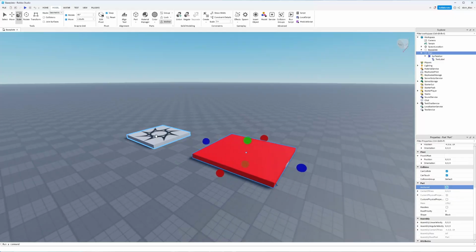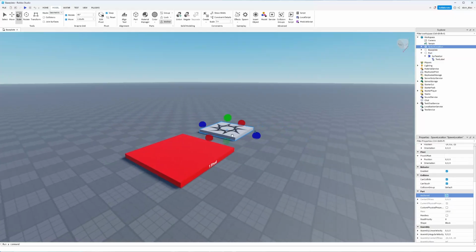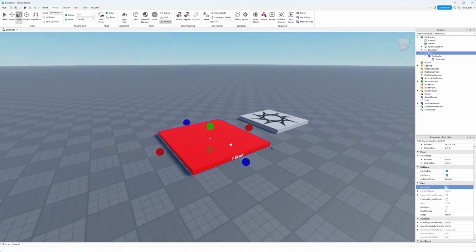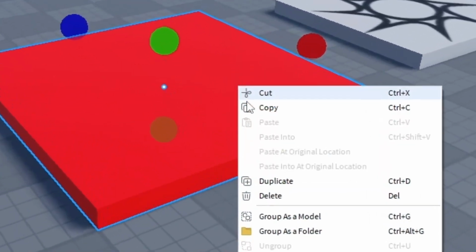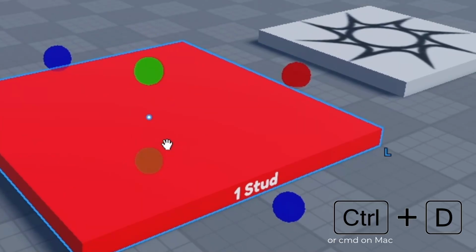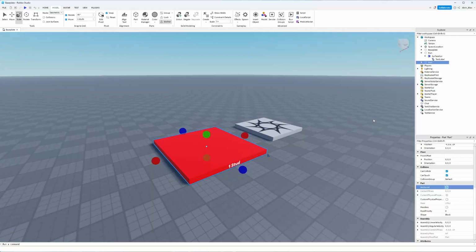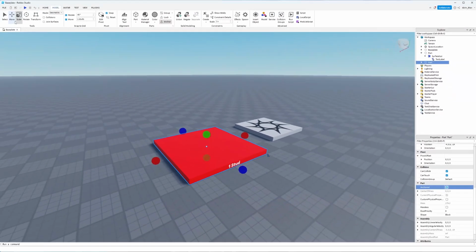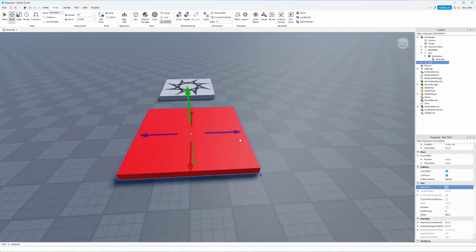So let's take our spawn location and move this out of the way, and we can select our platform here, and then right click and select duplicate, or you can press Ctrl D on your keyboard, which is what I'm going to do. If you're on a Mac, you can press Command and D. So I'm going to press Ctrl and D, and you can see in the Explorer panel that we now have a second part selected here. It's just created a clone almost. It's done a copy and paste of this platform,